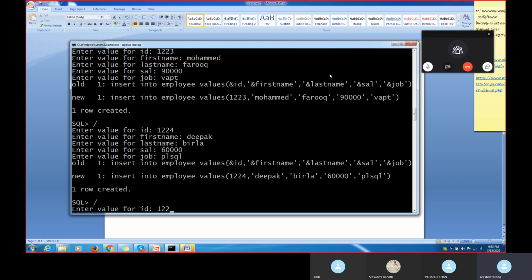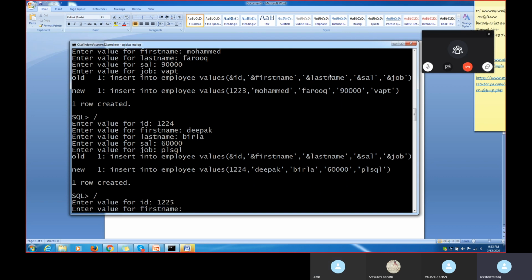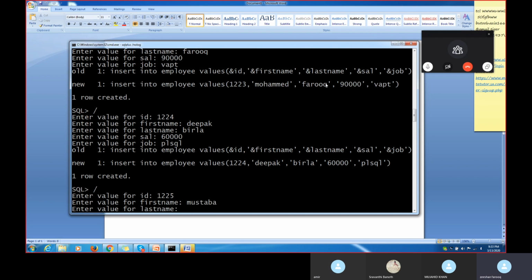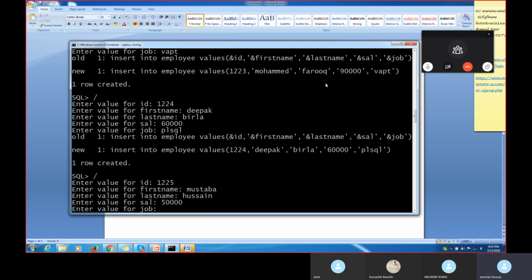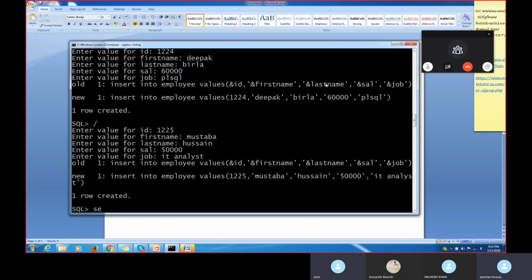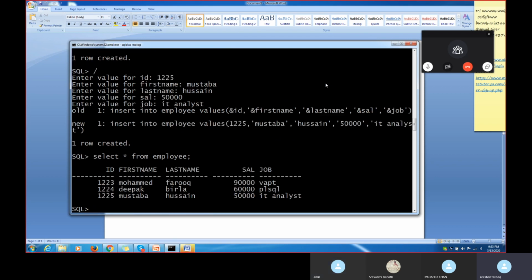1, 2, 2, for example, 5. Let's put a last name, any name I can put. Any name, for example, a salary like 50,000. Job, for example, IT analyst, anything I can put. So once I click here, select star from employee, and then click like this, all these